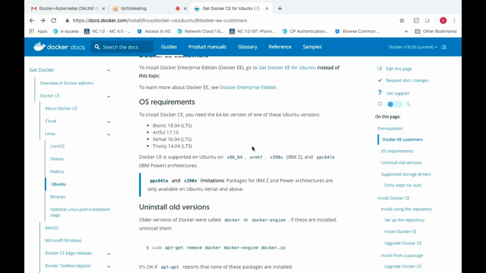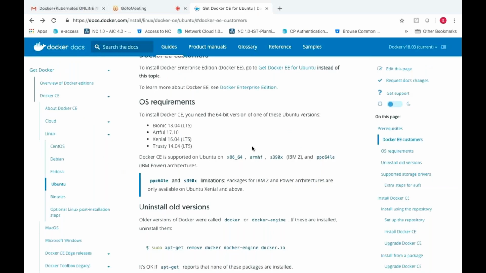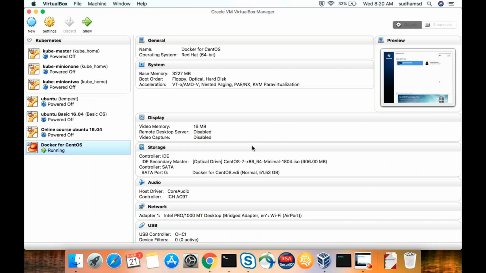What is the difference between registry and repository? See, let me give one example. Okay, you have a hard disk. The hard disk is called a repository. In the hard disk you will create separate directories for each. Let us say movies I will place in a movies directory, songs I will place in a songs directory, and photos I will place in a gallery directory. So each and every directory is called a registry.